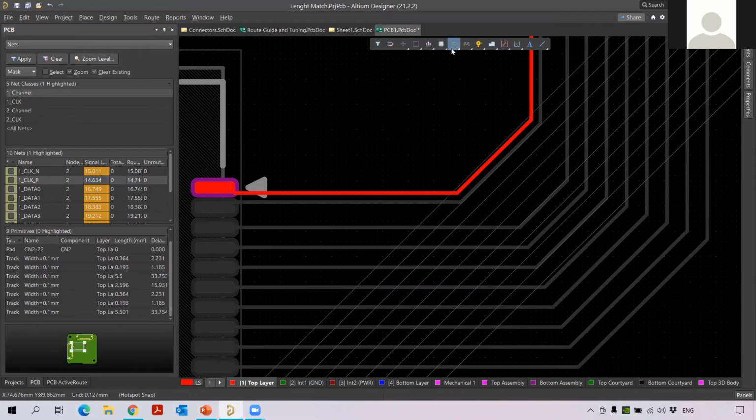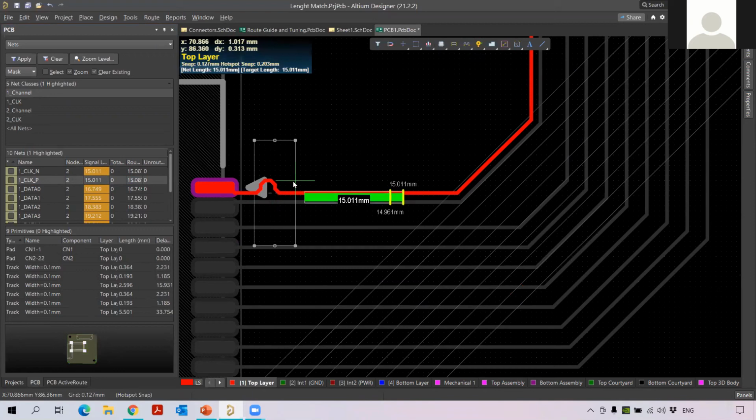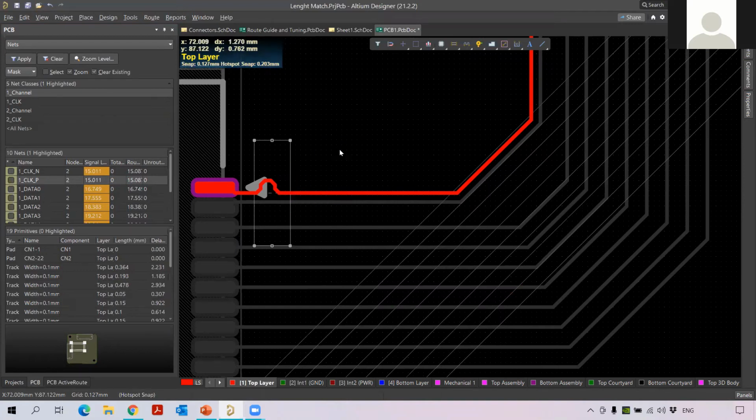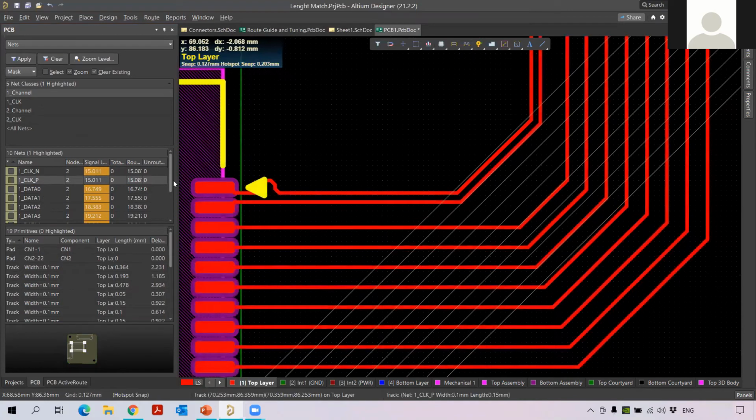I go for interactive length tuning, and then adjust the size here. You see it is automatically adjusted to my negative net. Once it is done, they are both the same. Now I'm going to do the differential pair length tuning to meet the tolerance of 22.5.